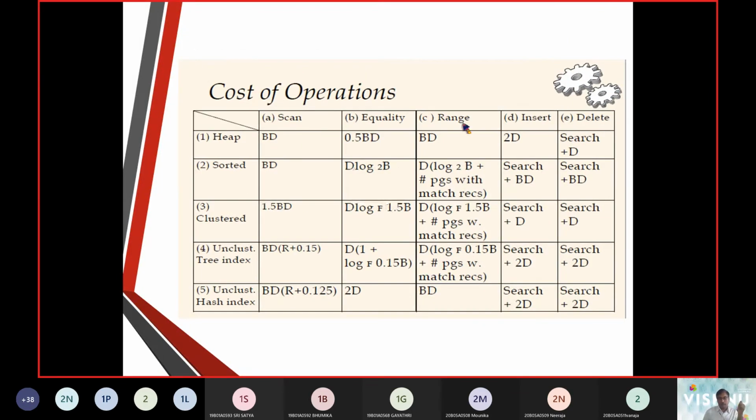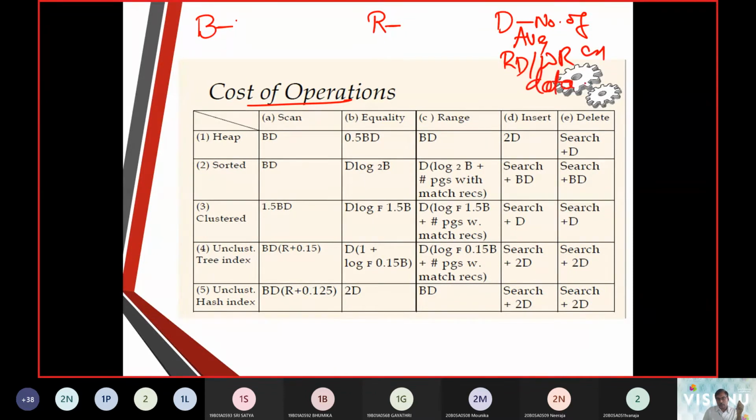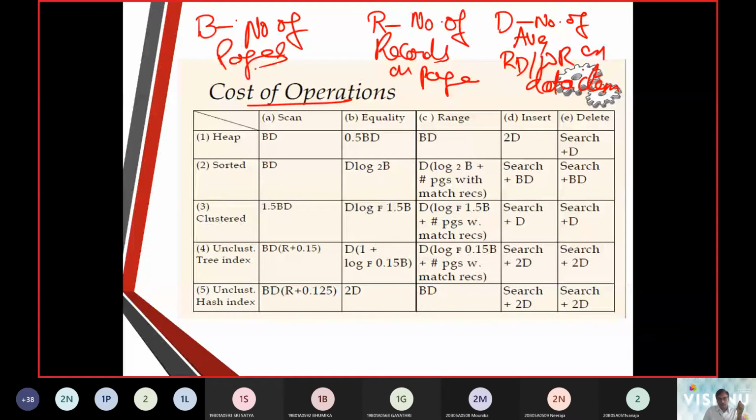D item, number of reads or writes on data item, or R, number of records on pages, B, number of pages.